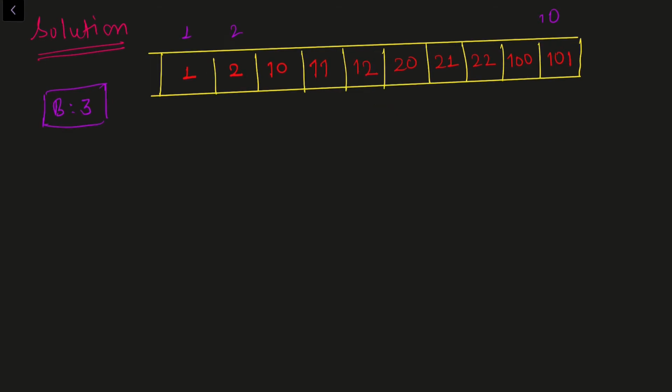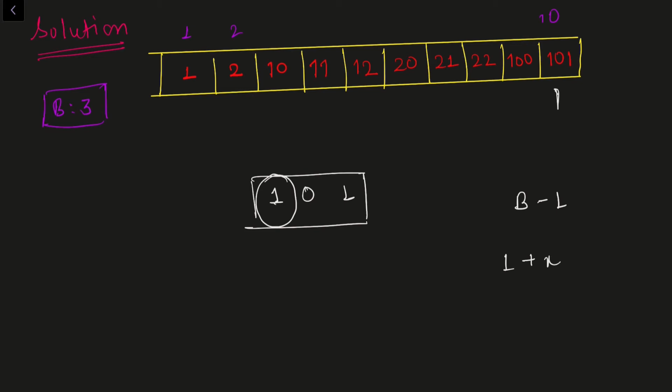Now that we know we need to go from MSB to LSB, let's say we are at some number right now. Let's say it is 101. Let's say we are at the last number right now. Then what I'll do, I'll try to find any number which can maximize it. Okay, so what is the maximum I can get at the most significant bit right now? The maximum value that I can make at the most significant bit is b minus 1, right? That's what I can make. Currently we have 1 here. Then what is the value x that I will add to this most significant bit so that I can make b minus 1, right? That means I need to add b minus 1 minus 1. Okay, that is x, right?